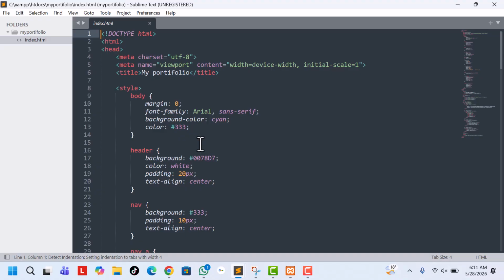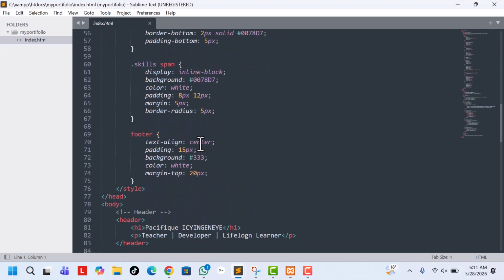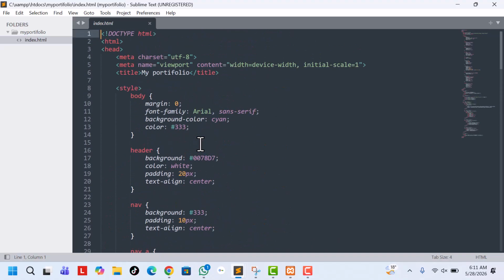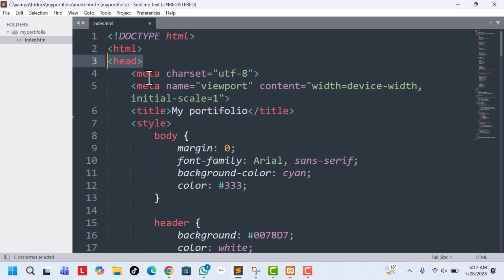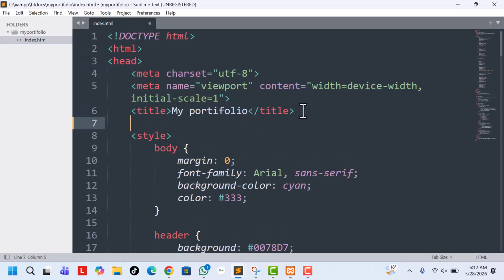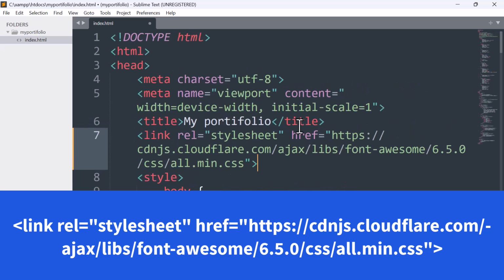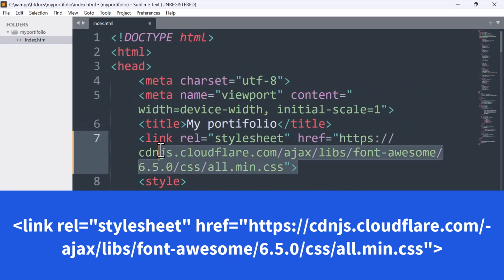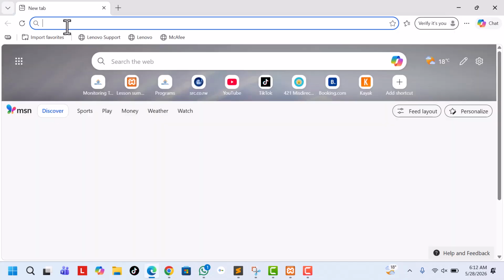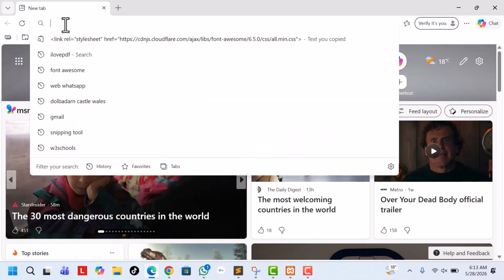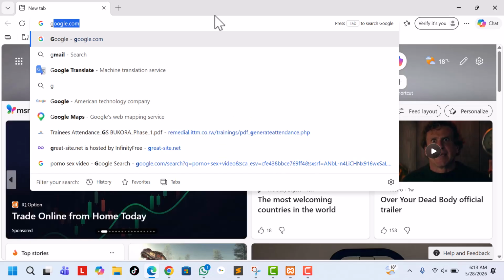index.html. To use icons on this web page, first we come here in the head section, and inside this head section we insert this link. This is the link we use. Then after inserting this link, we open any browser, then we type google.com,